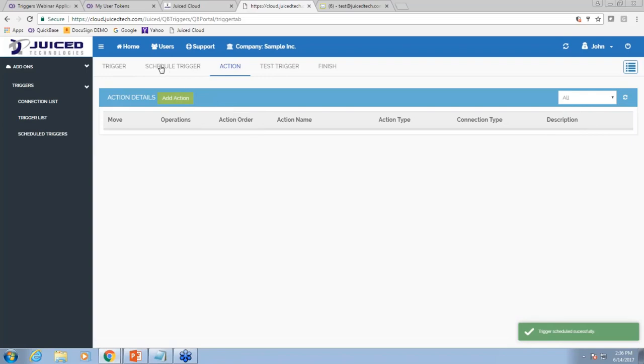Save. And that's the only difference really. The trigger itself, the configuration is going to be very similar. The only difference was I said I want to choose it from a report and I want to schedule it. So now I'm going to create my first action,